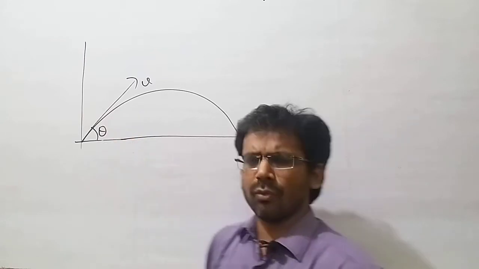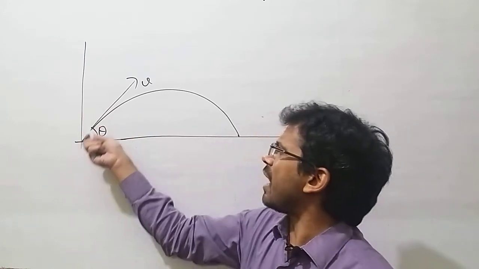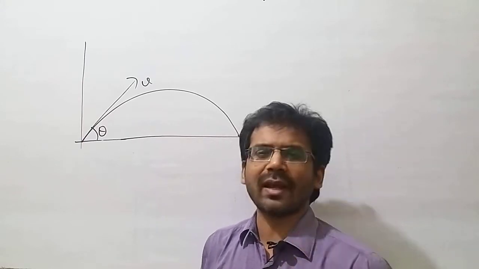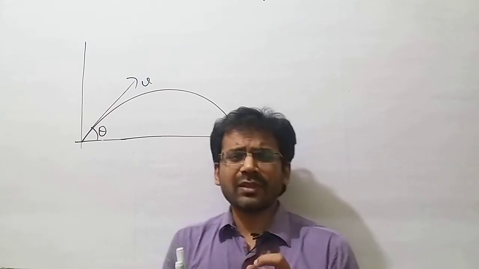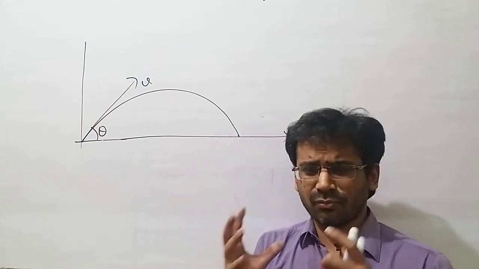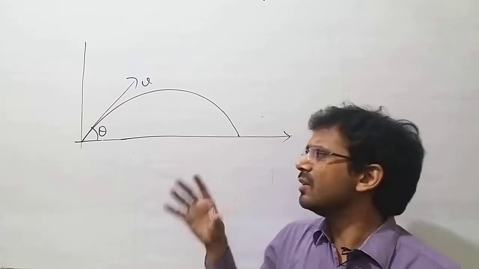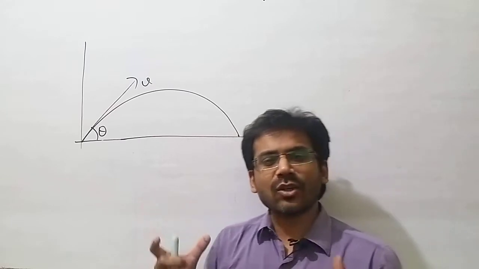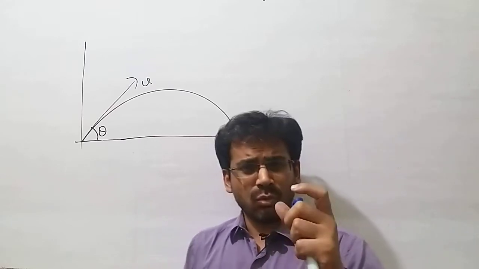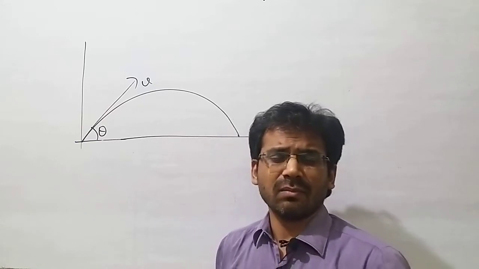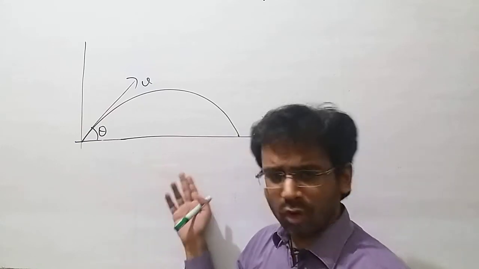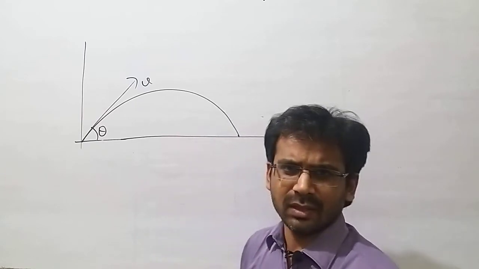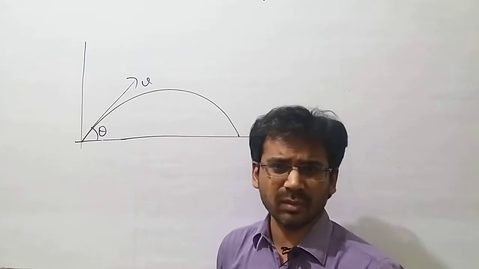When you are projecting the particle from the ground, this motion is not a straight line motion. So the first thing which comes into our mind is that this is something complicated. But in reality, it is the same thing which we have already learned in class 11th before this topic, or in class 9th, that is horizontal and vertical motion. This is just a combination of horizontal and vertical motion.